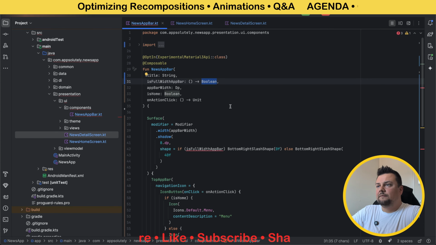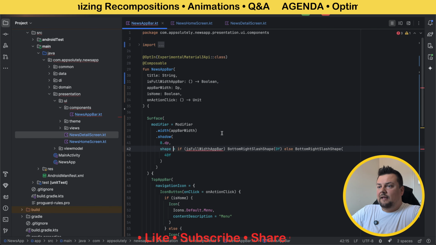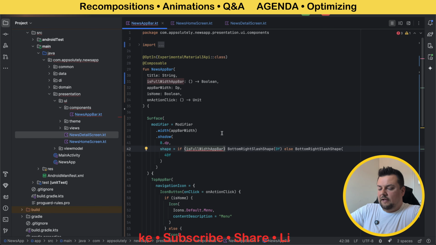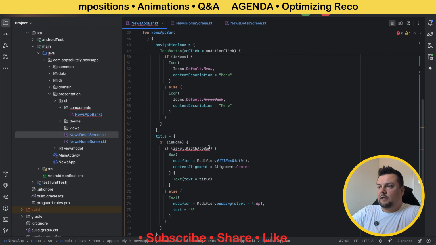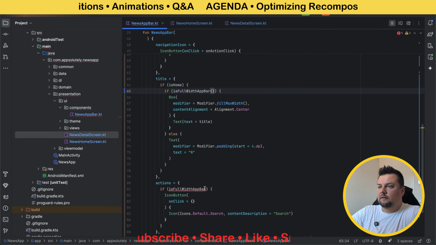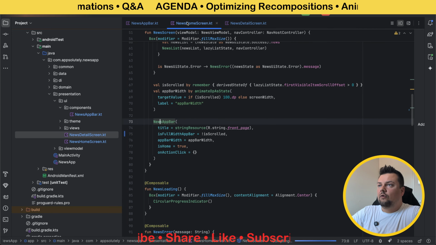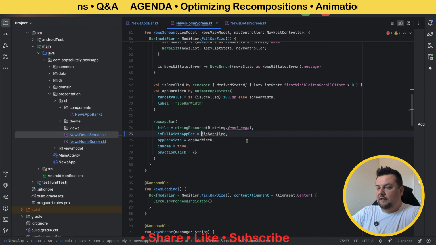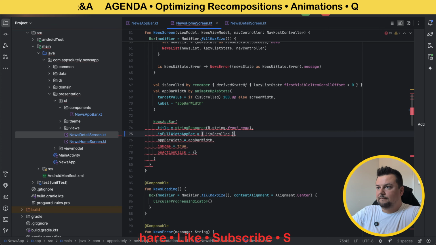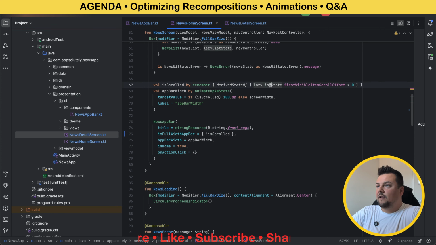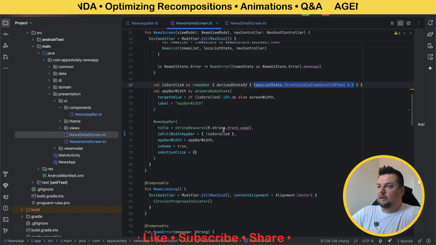yields a Boolean. So in that case here, I am going to call that as a function, and everywhere else where it is being used. And then on the call side, I'll just have to wrap this in a lambda. And now, even if I use this here,